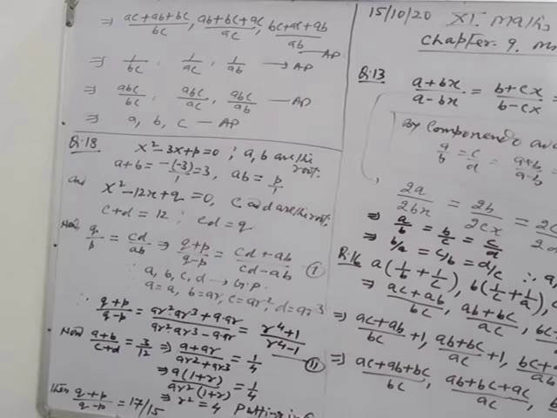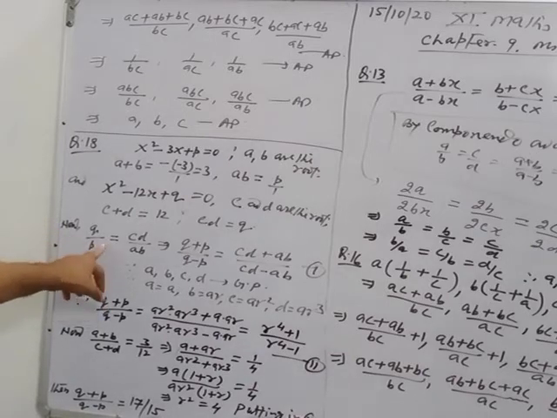From the second quadratic equation, x square minus 12x plus q equal to 0, C and D are the roots. Their sum, C plus D, is 12, and C into D is equal to q. Now you have to find the value of q plus p upon q minus p. For this, first write the ratio of q and p from the above results. So q by p is CD upon AB.